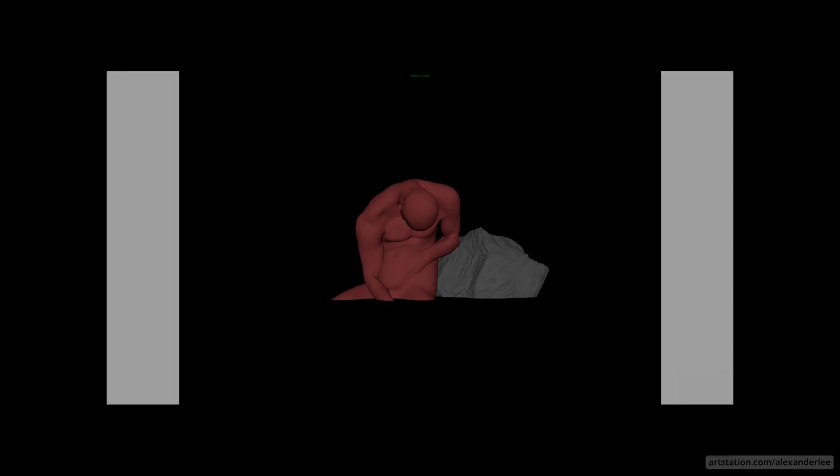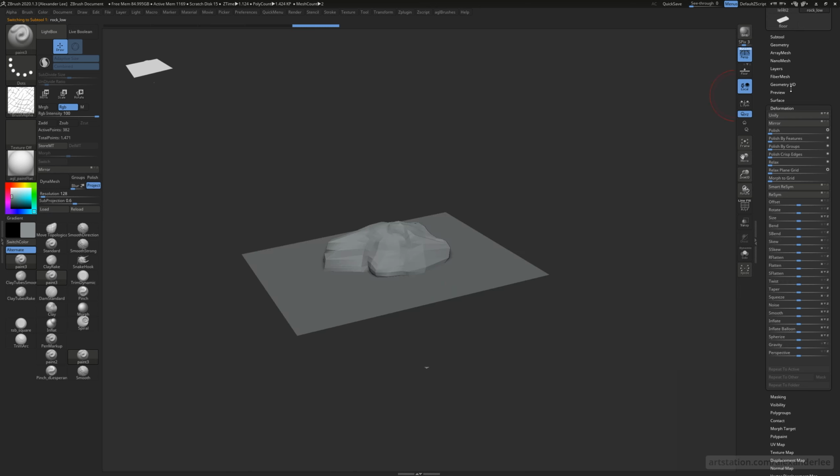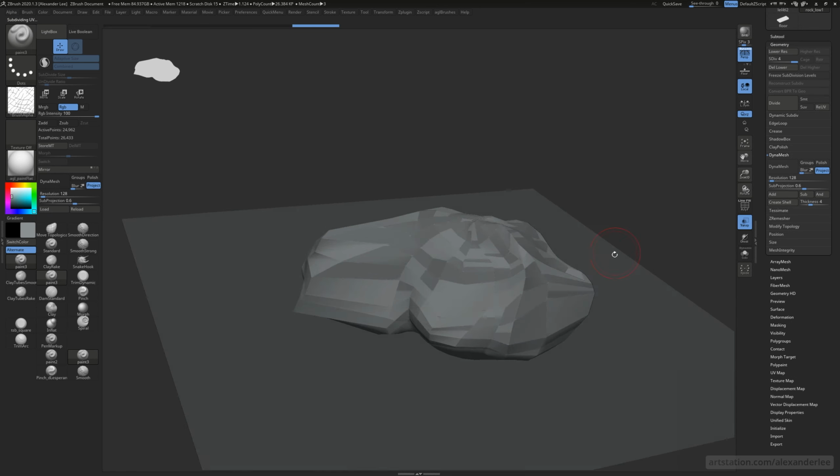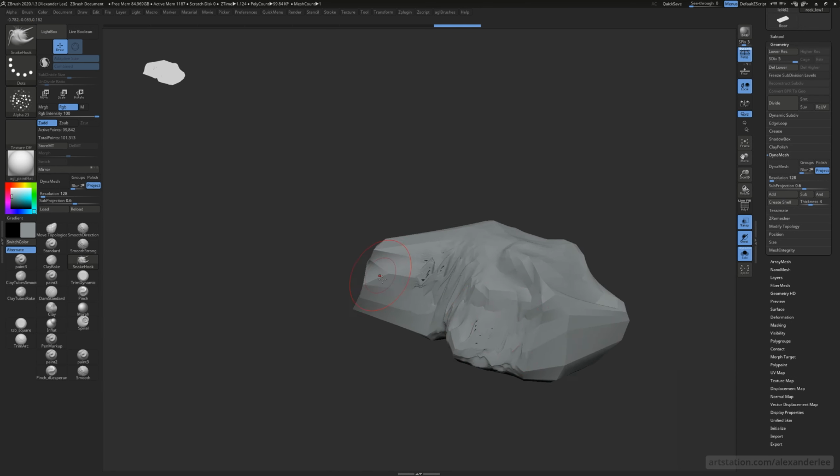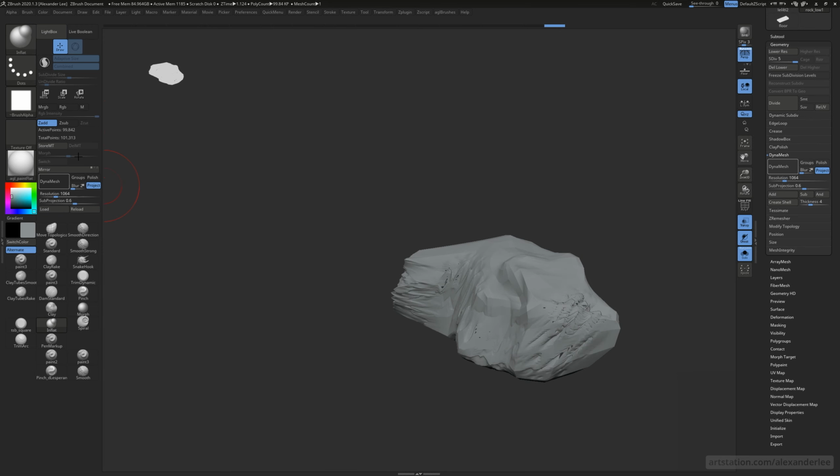At this point, I added some more in-betweens, added some more frames at the end to kind of complete that motion, and I'm pretty happy with that motion at this point. So here in ZBrush, I'm just up-resing the rock